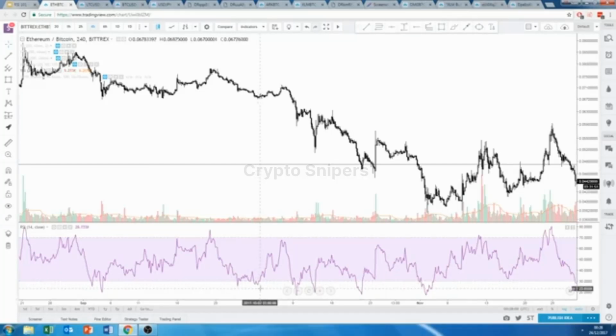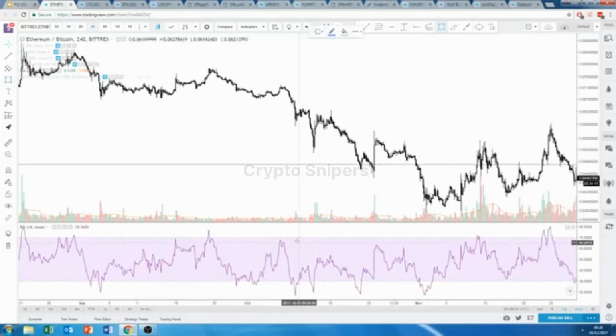So let's see what happens. You open a long here, and you catch this nice ride up. And depending on whether you're trading the extreme values, you might want to close here, or you might want to wait, whatever. That's not too important. So we've just seen a move from the overbought level, to oversold, a fake out, so you'd lose money here, I believe, and then a proper move up. And as you can see, this was a trend with Ethereum where it would go from very oversold, but for quite a while, very bearish, the sellers never really stepped up, and Ethereum didn't really reach this zone. First it was here, then we got a higher high,